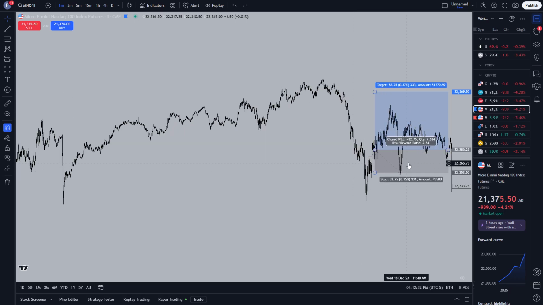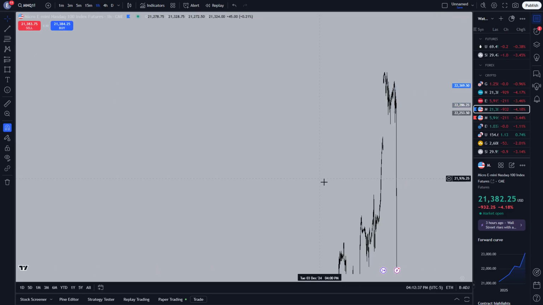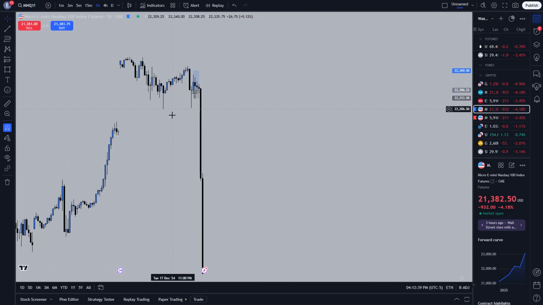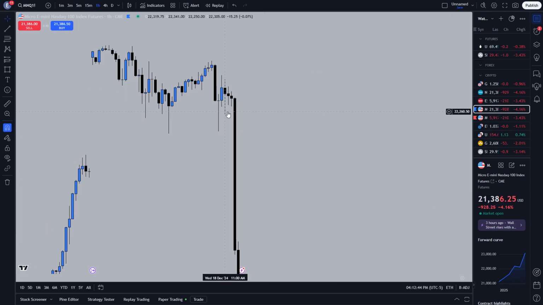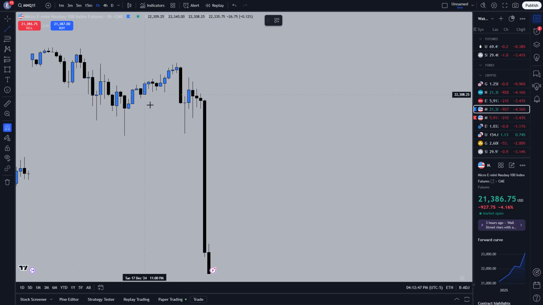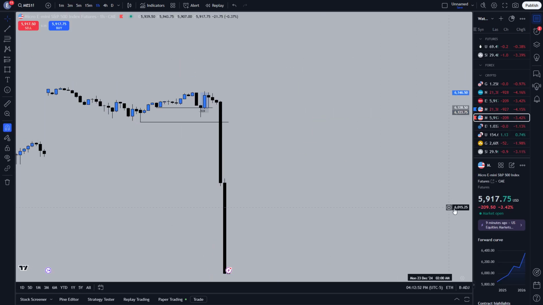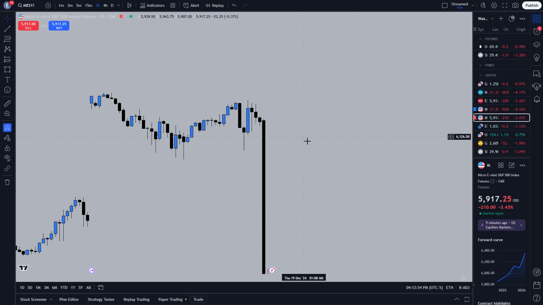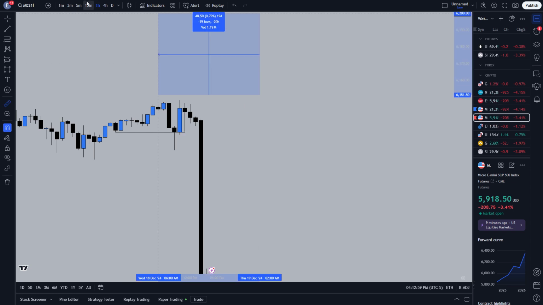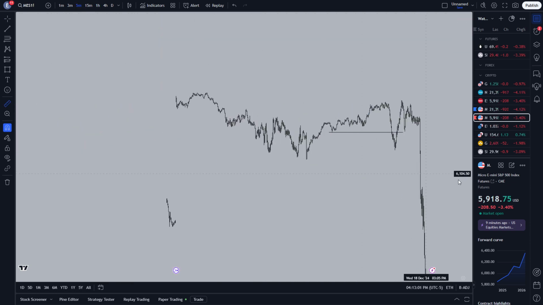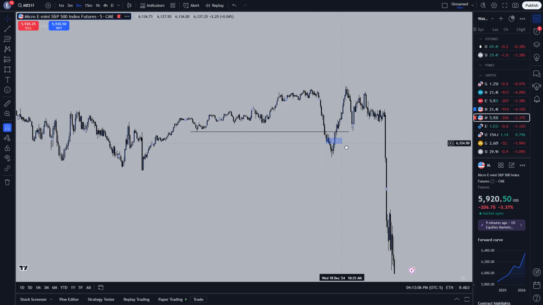I want to say something else. Recently I used to not consider pre-market liquidity sweeps as anything, but I've come to the realization that if we're sweeping a low pre-market, let's say 9 a.m., obviously I wait for market open. What will happen is, before market opens, we're most likely not going to move or give much volume because we're waiting for market open.